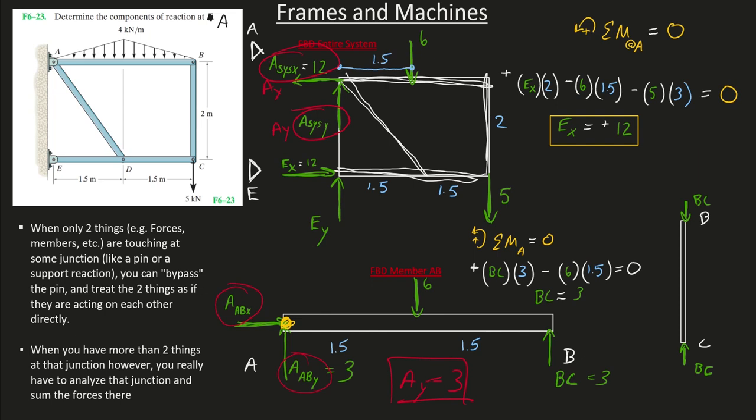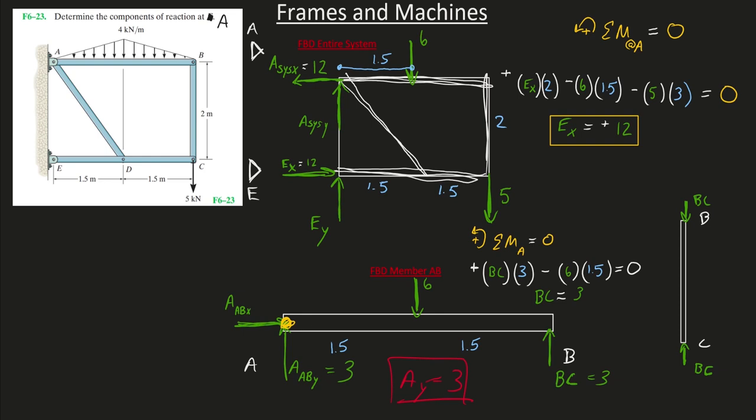So that's the tricky part about frames and machines problems. These junctions where these weird things happen, at these junctions, you've got to break it down. And let me just really illustrate that for you before we move on in this problem. Okay, so it's all about breaking things up. These two forces right here are the forces that pin A has on the entire system. Using Newton's third law, we can say that the entire system puts these two forces